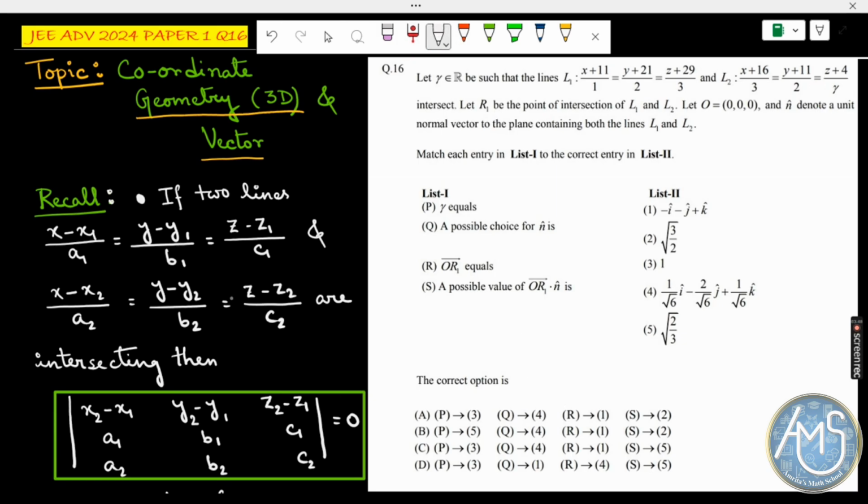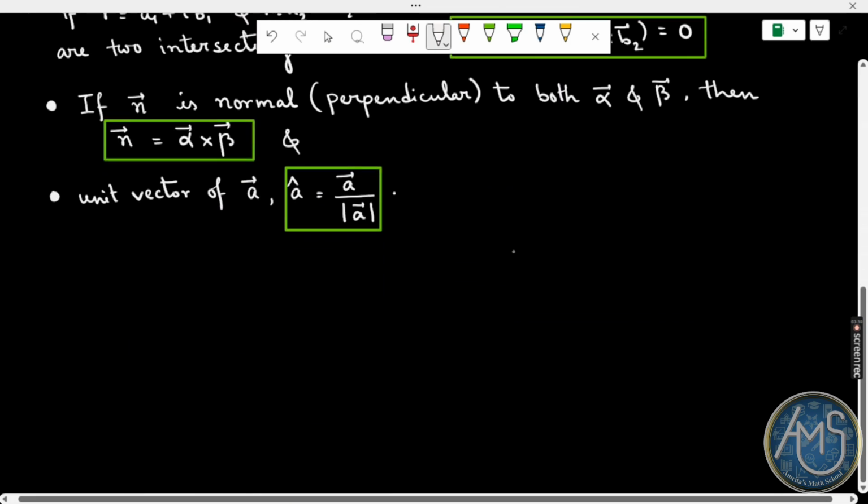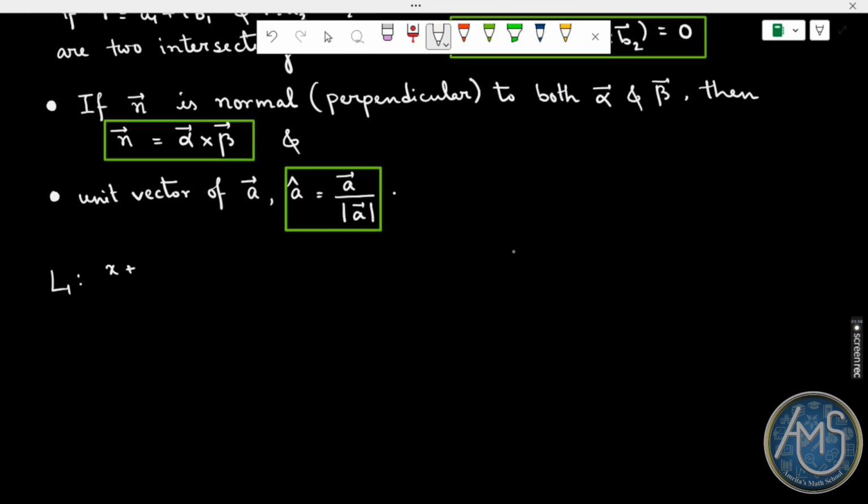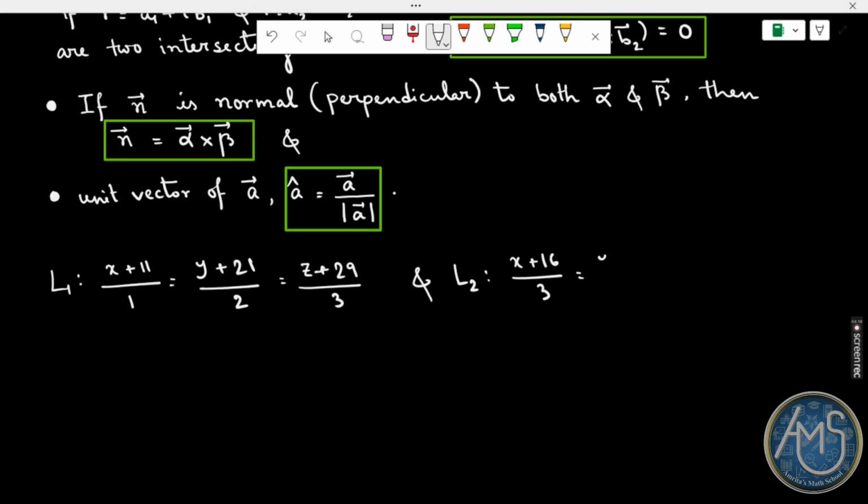So the given lines are: L1 is (x plus 11) by 1 equals (y plus 21) by 2 equals (z plus 29) by 3, and L2 is (x plus 16) by 3 equals (y plus 11) by 2 equals (z plus 4)